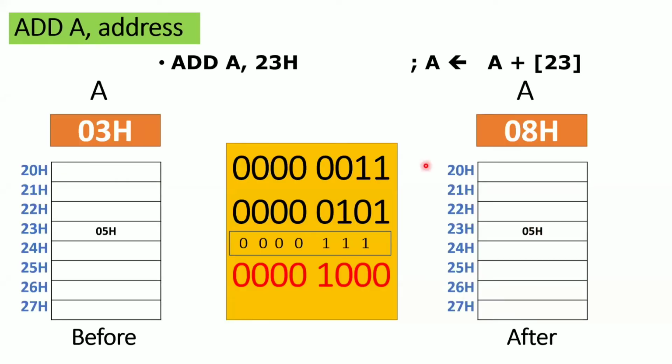Okay, next one is your ADD A, @R0. If you observe, previously ADD A, R0 was register addressing mode, and here I am putting @, so @ indicates indirect addressing mode. Instead of giving the direct address in the instruction, I put this address in one register and give that register in this instruction with the help of the @ symbol. Okay, this is your indirect addressing mode.